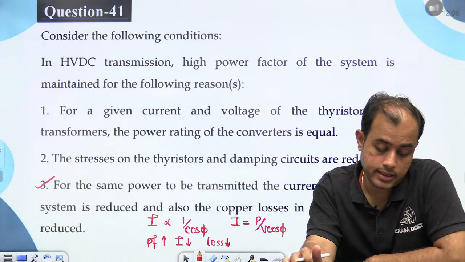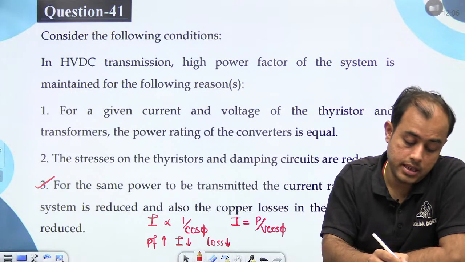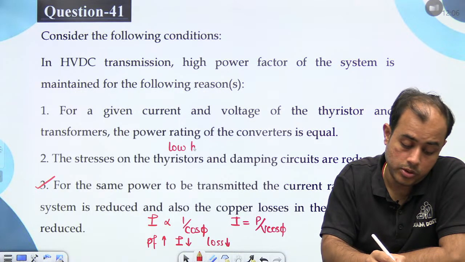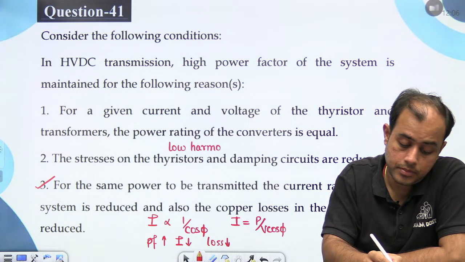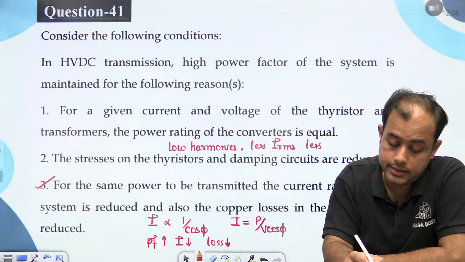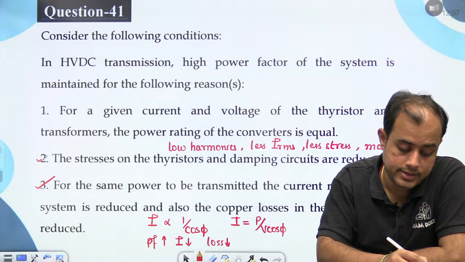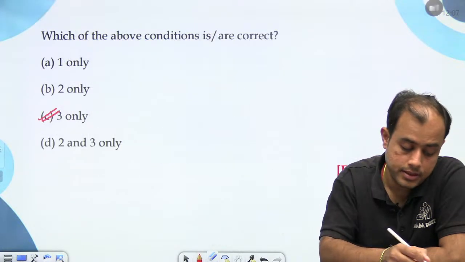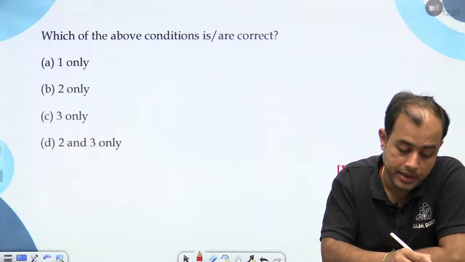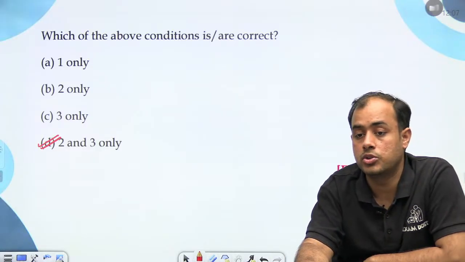बाकी सेकंड क्या कह रहा है? स्ट्रेसेस आर रिड्यूस्ड। वैसे ये भी कह सकते हो 2 and 3, लो हार्मोनिक, लेस IRMS, लेस स्ट्रेस एंड मोर पावर फैक्टर। तो ये भी सही है। पहली स्टेटमेंट का यार कोई सेंस नहीं बन रहा है, तो इसका D लगाओ। पहली स्टेटमेंट का कोई सेंस नहीं बन रहा कि वोल्टेज और करंट रेटिंग इक्वल हो जाएगा।